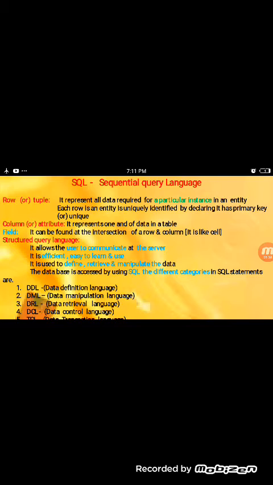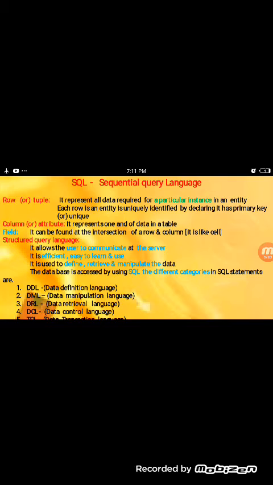Each row is an entity. It is uniquely identified by declaring it as a primary key or unique. Unique means that among the number of columns we are taking, a single one is different, and we call that a unique key or primary key.